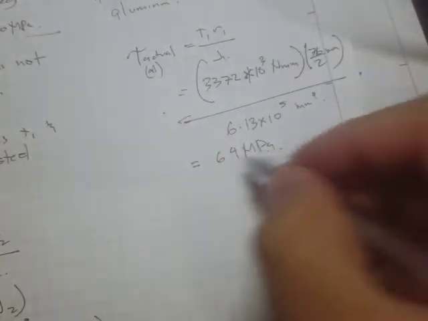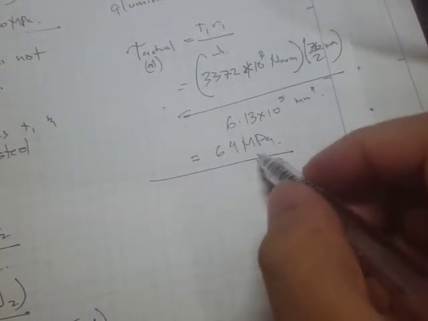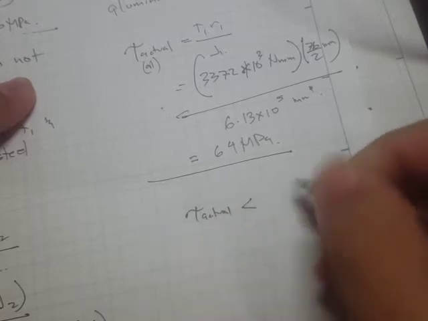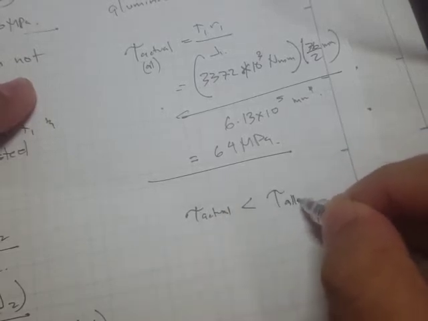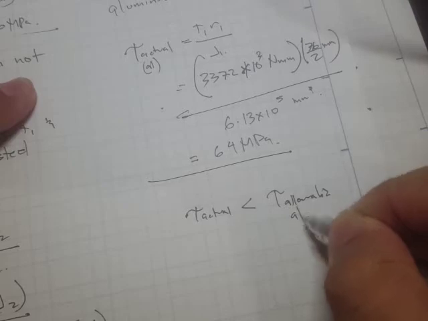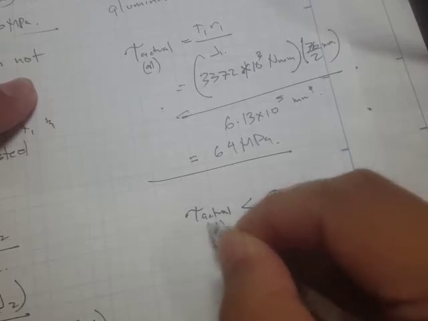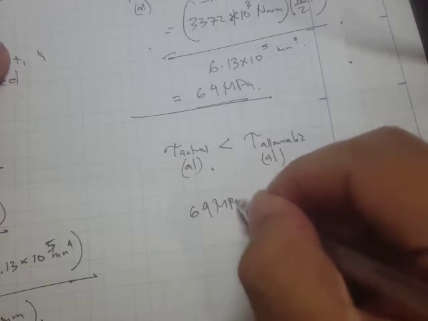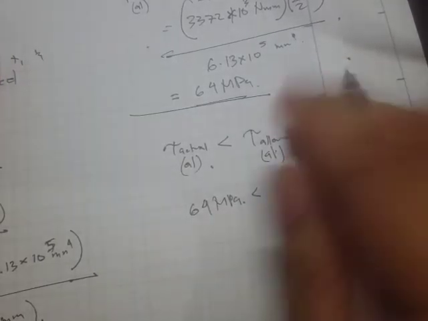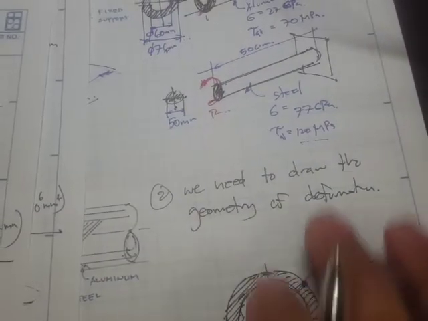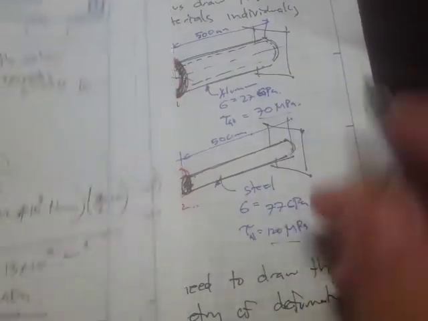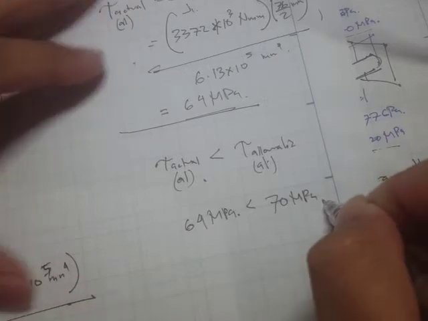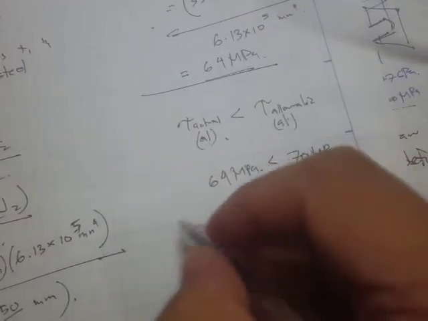So we compare this to the allowable. So shear actual is less than the shear allowable, and this is aluminum. Okay, why? Because this is 64 megapascals, and the allowable shear stress is 70 megapascals. Right, so 70 megapascals. So therefore